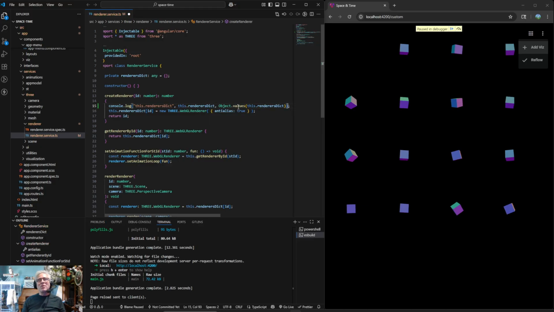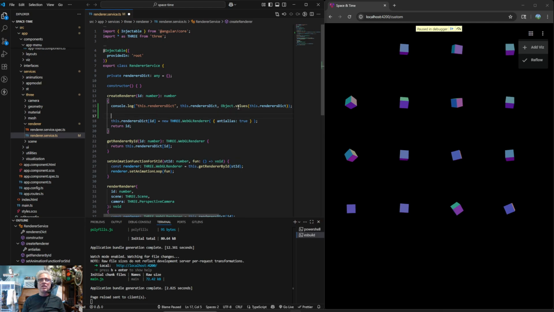But what we could do, and I guess I would rather do that, is, let's just take this. Well, yeah, we could put that there. That doesn't hurt anything. But we can also say like Object.values(this.rendererDict). And these are the skills that you need to debug. Debugging is a very, very important skill if you want to be a really useful or really valuable person. But we can say forEach, and then